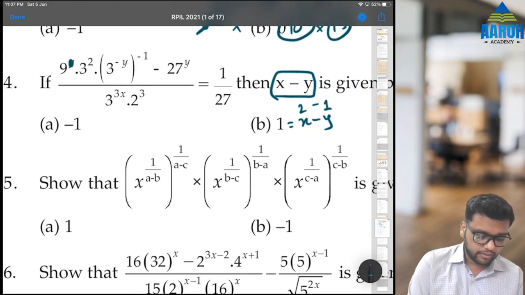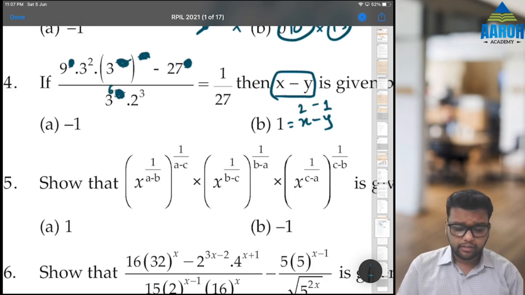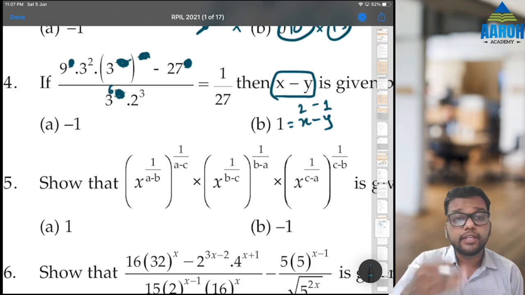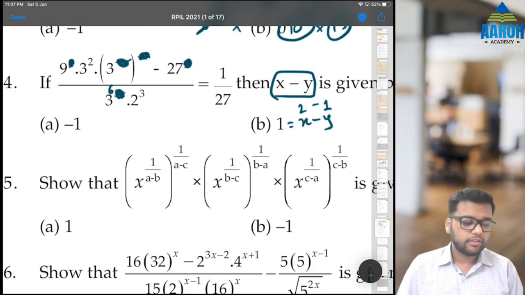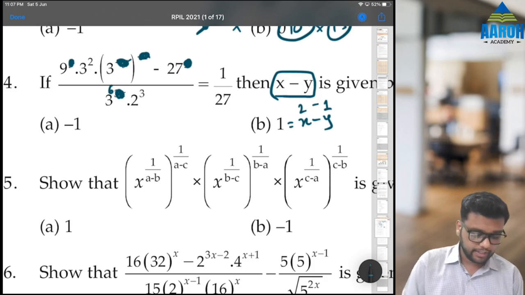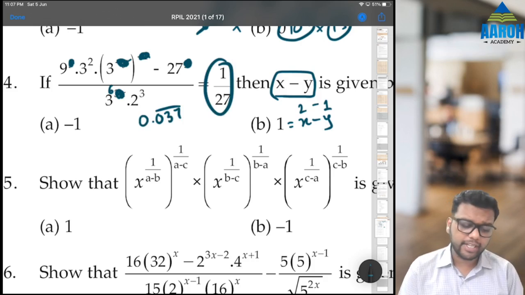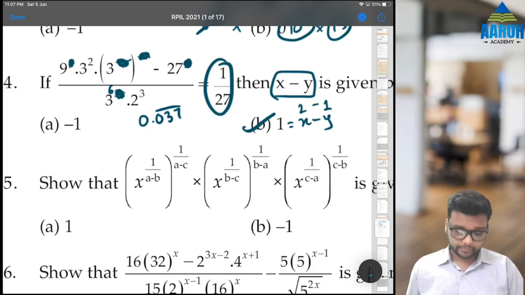So this will be again 1. This will be cancelled. 1. X is 2, that means this will become 3 raised to 6, right? Let's do it on calculator. 9 into 3 minus 27 divided by 3, 6 times. So 3 and then 6 times equal to, then divided by 2 cube is 8. So that gives us 0.037 recurring. And check if this is also the same answer. 1 by 27 is also 0.037 recurring. That means they are equal, so this is the correct answer.